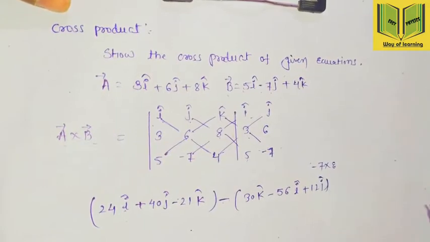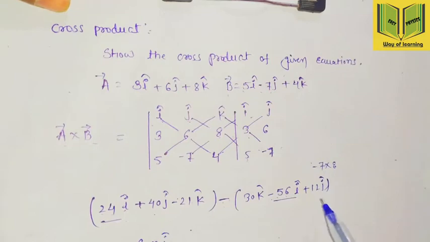Just simplify this equation here, 24 i and the 56 k. So this minus changes this sign to plus, so 56 plus 24 makes 80 i. Then 14j minus 12k. This plus sign will change to minus, so we will get 28 j with plus. Now this quantity remains, so both are minus, so 51 k.